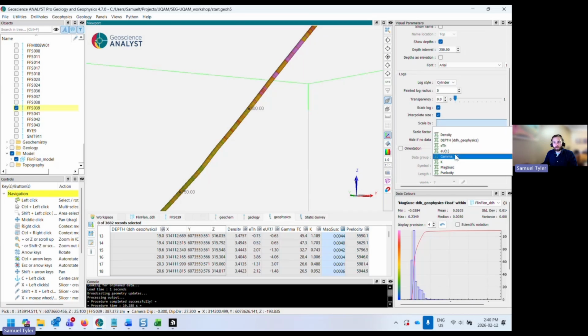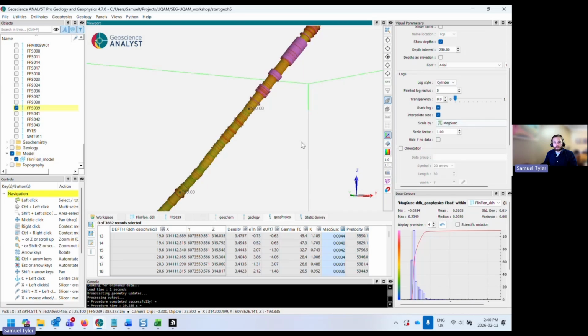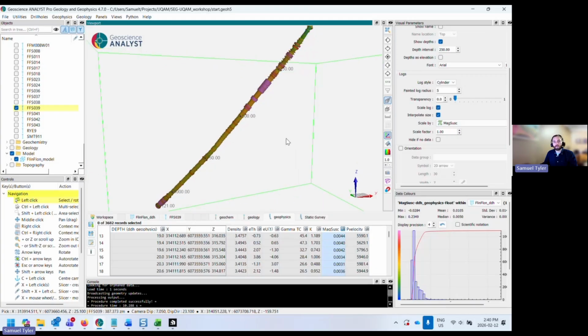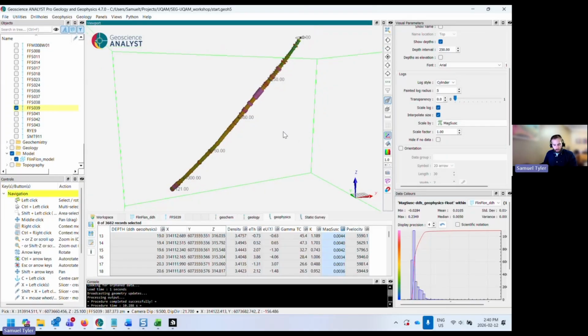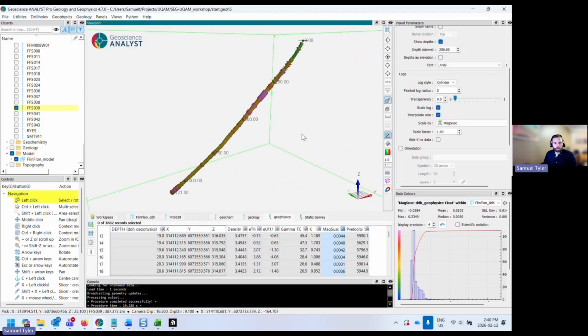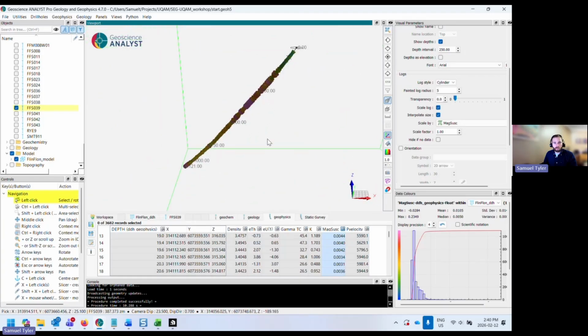So we'll go scale by mag-sus. And now we can get a better idea of where the higher and lower values are. Is everybody able to plot their cylinder logs like that? Yeah. Okay, now that we've got something we can see down hole,